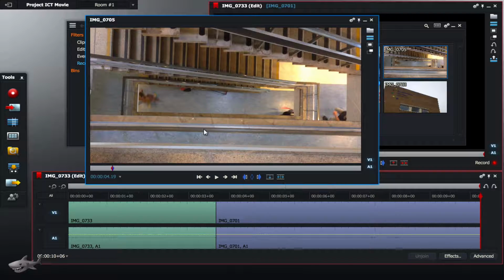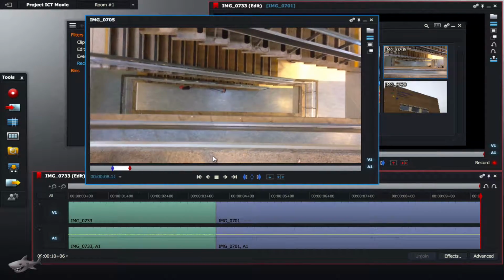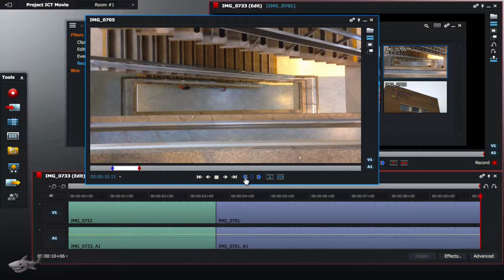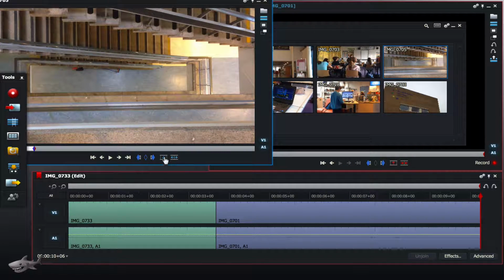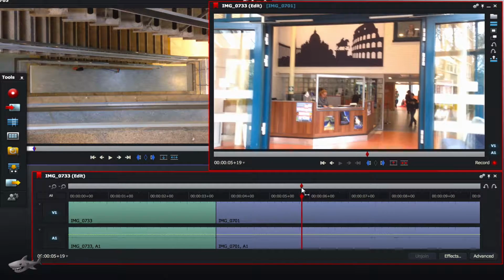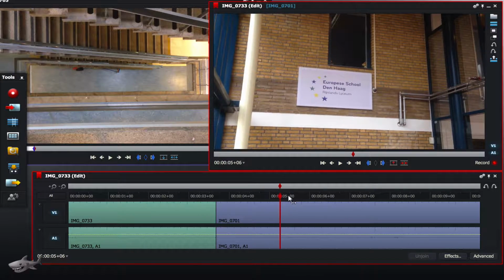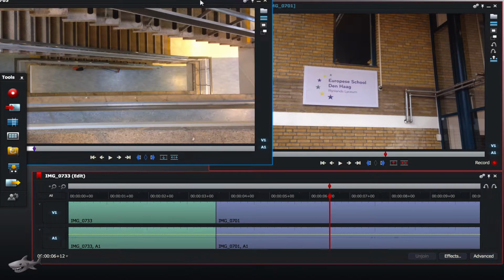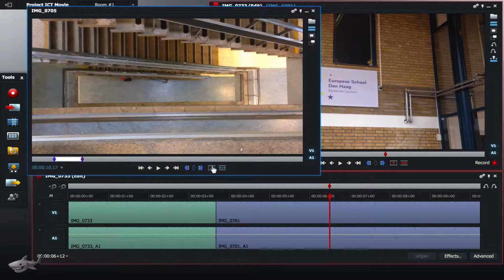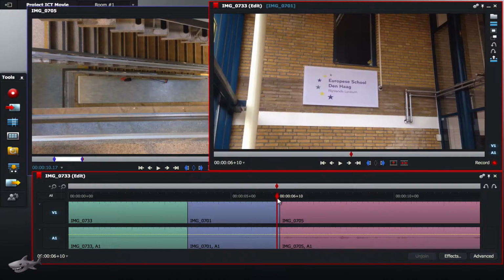in. I'm going to click on the spacebar, and I think I'm going to play about 7 or 8 seconds and mark the out. Now before I click the replace button to put it into my edit, what I need to do is show you what happens if, for example, I have my play over here. So let's say I stop the play button there, I go back to my clips and I click on this button. You can see what happens is